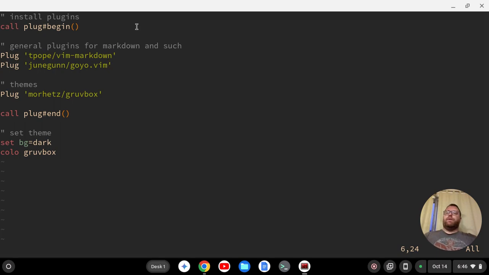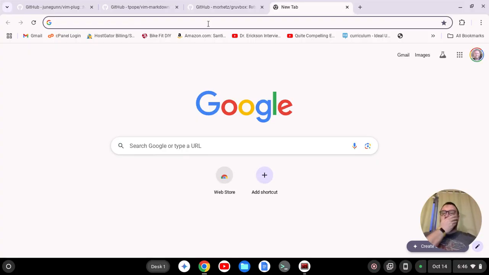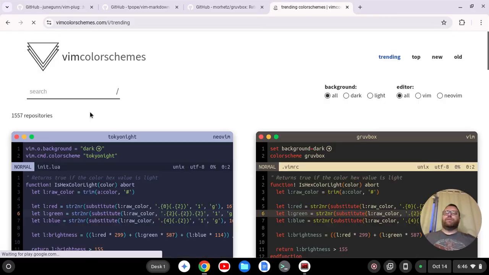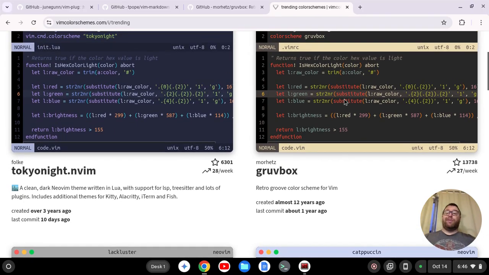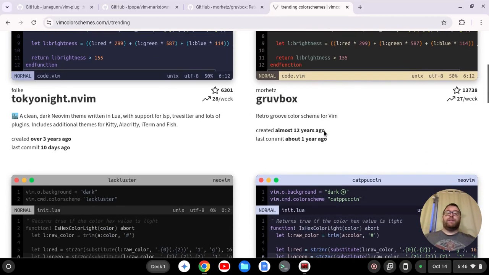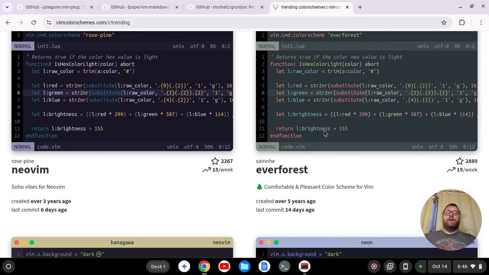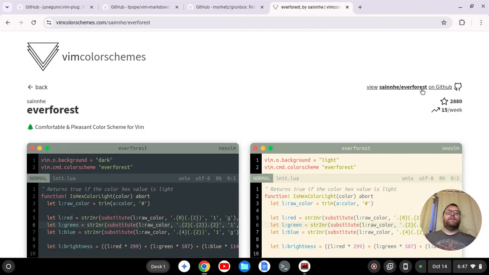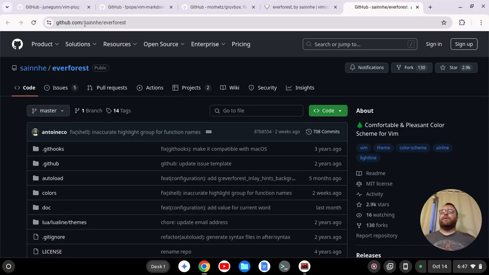Okay, let's get some more themes in case I want to spice up my color scheme. So let's go here, and if I search for Vim themes, I can see Vim color schemes, trending color schemes. This is a good site that gives me all these different themes. So you'll see I installed this one by morhetz, the Gruvbox one. That's one of the trending ones. But there's a lot of other cool ones, like Everforest. That's a pretty nice theme. So if I click on this and say view this on GitHub,